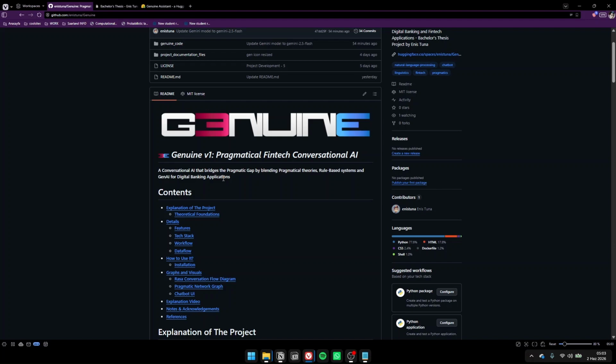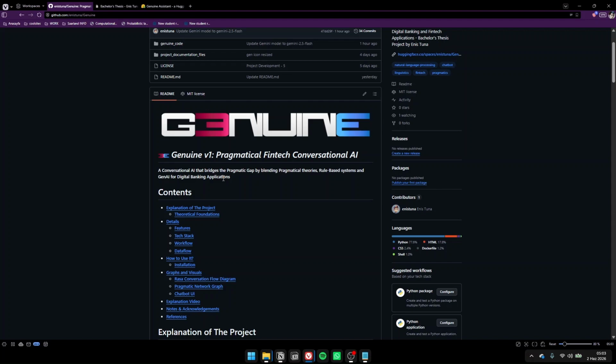So my idea was, I always had this idea. I was going to develop this project from the ground up using Rasa, and Rasa allowed me to create the deterministic side of the chatbot, because this chatbot has two pillars. It has a hybrid architecture. It leverages a deterministic path, which is just Rasa, and I've also added generative AI functionalities in the form of the Gemini API LLM and